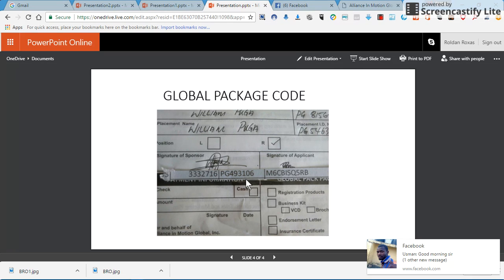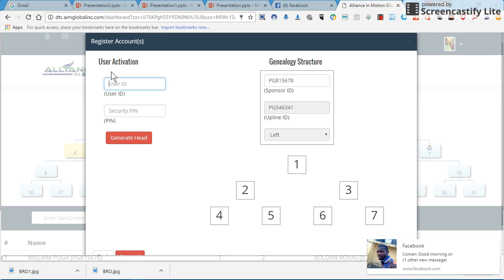Okay, just a moment. PG493106. Put it here: PG493106.